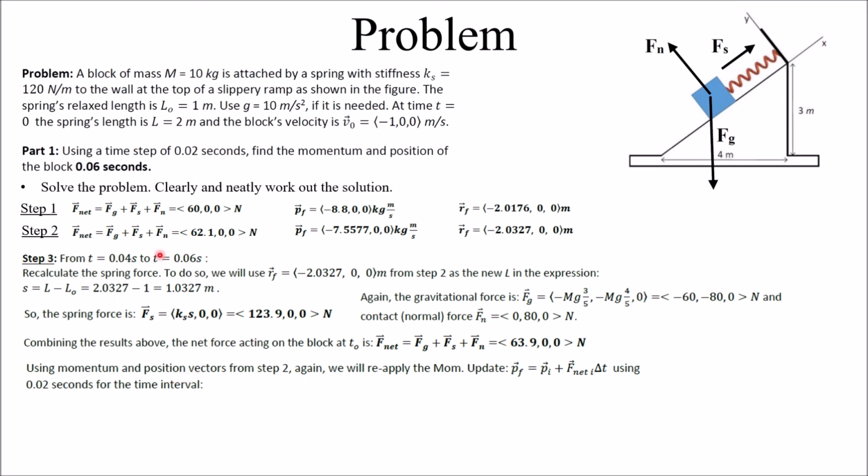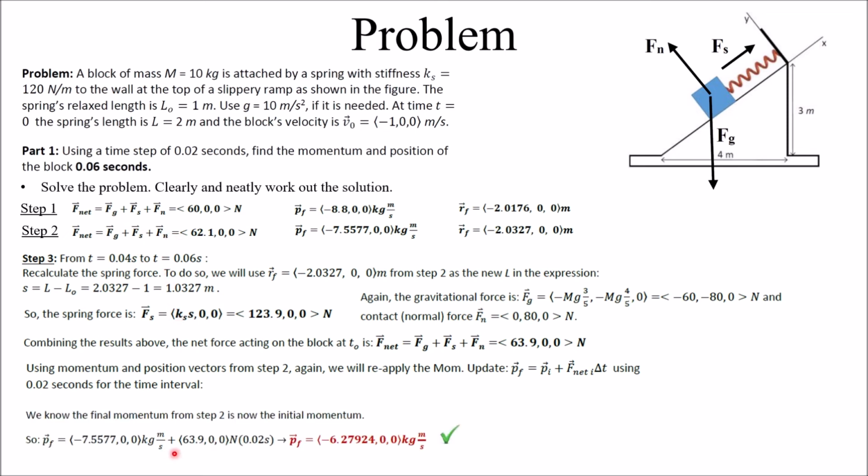And we'll use our information from step 2 as the initial information for step 3. And so for our momentum update, we know our final momentum after 0.06 seconds is going to be equal to whatever it was at 0.04 seconds, which is that -7.5577, plus that new net force that we just calculated times that time step. And so we have our final momentum now, which is pretty much the answer to our problem, but we also